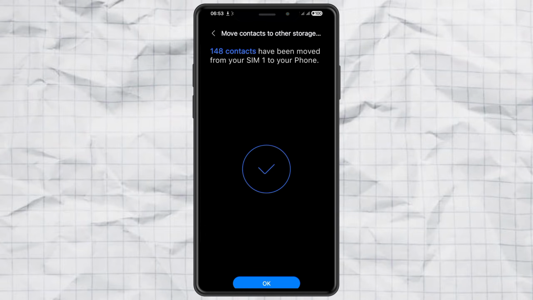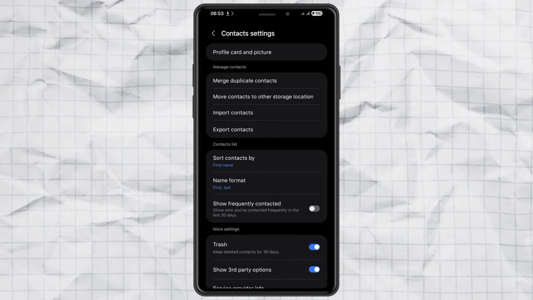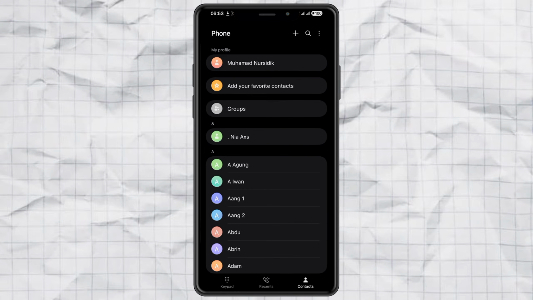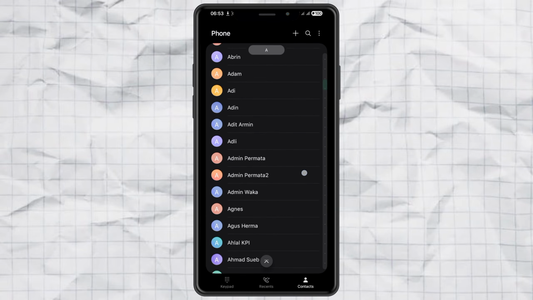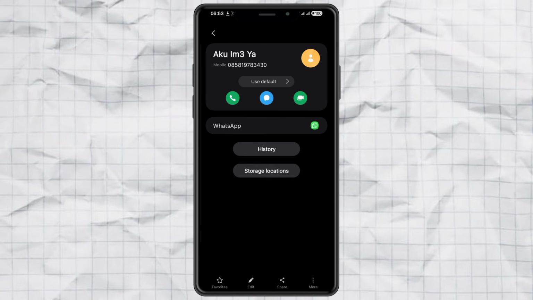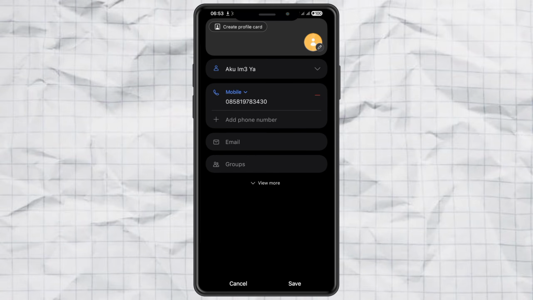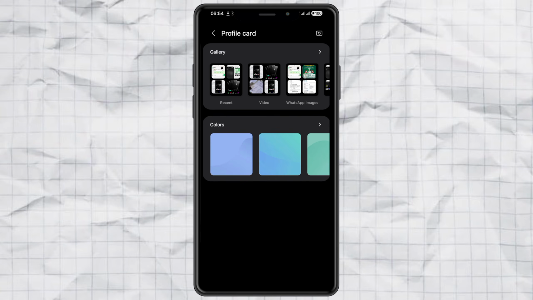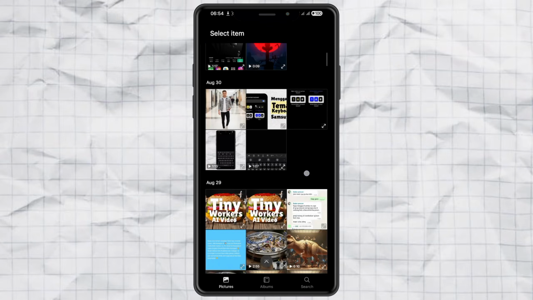Now that your contacts are saved on the phone, you can set the full screen photo. Just pick the contact you want, preferably the one who calls you the most. Tap the Info button, then choose Edit. From there, tap Create Profile Card. Select Gallery. Pick any photo you want